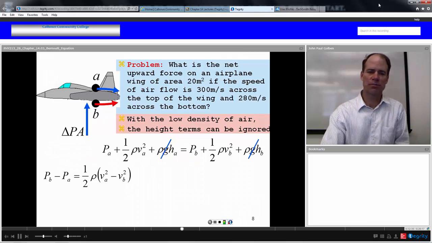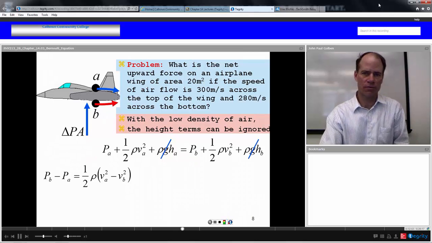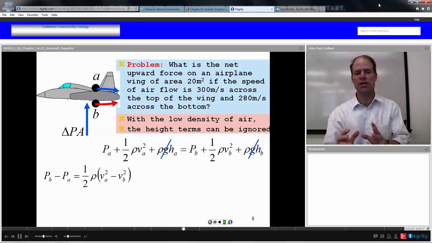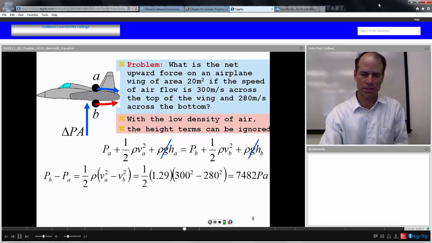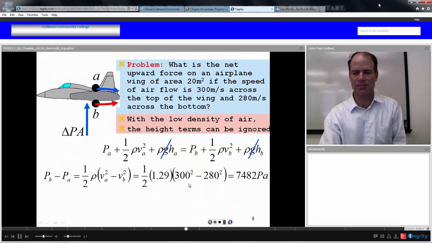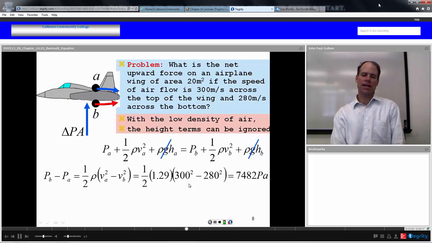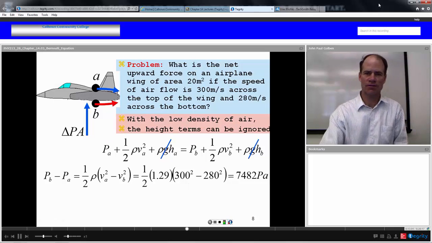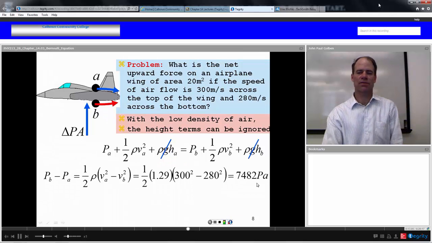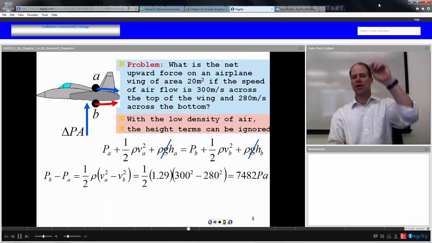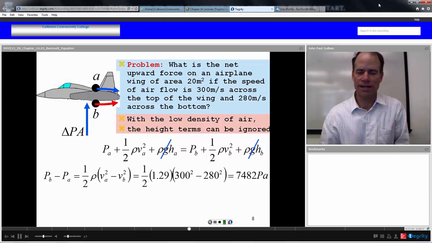The pressure at B minus the pressure at A is equal to 1/2 rho times velocity at A squared minus the velocity at B squared. So the change in pressure is 1/2 rho the change in velocity squares. That's 1/2 times the density of air, 1.29 kilograms per meter cubed. Velocity at A is 300 meters per second, square that. Velocity at B is 280 meters per second, square that. And we get that our pressure difference between the bottom and the top of this wing is 7,482 newtons per